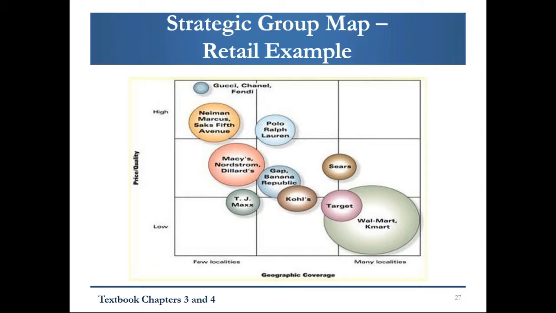Banana Republic, for example, you say, okay, we're kind of a middle of the road operator with respect to geographic coverage, with respect to price and quality. Is that where we want to be? Or do we want to change our whole paradigm? Do we want to move upscale, charge much higher prices? Do we want to go down in market and go for volume, selling more volume at cheaper prices? Do we want to expand our geographic coverage, from an average number of locations to